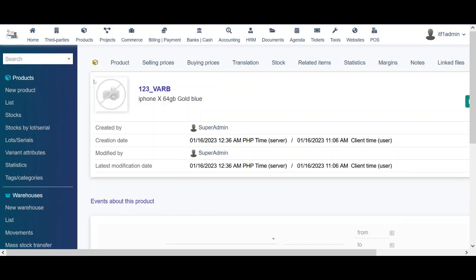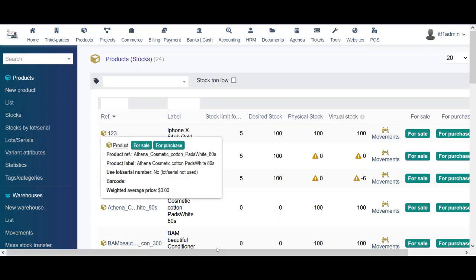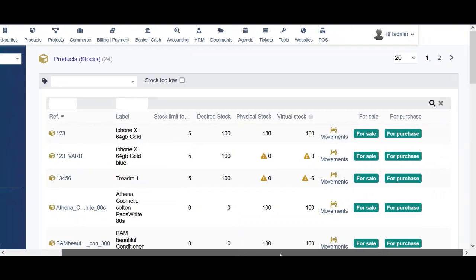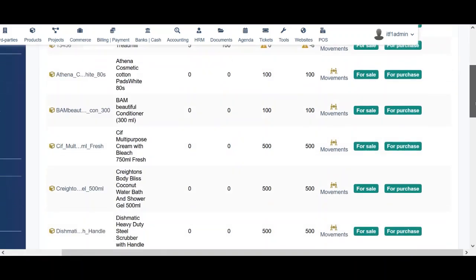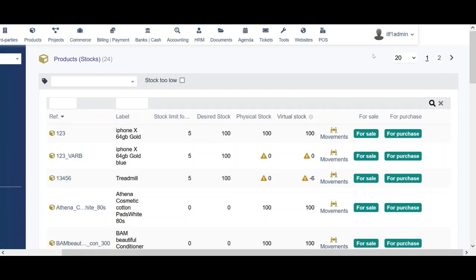Next is, as we have already seen the product, you will see the stocks over here. You can see product stocks, reference, label, stock limit, desired stock, physical stock, virtual stock, movements, whether it's being moved from one warehouse to another, or from the vendor to the store warehouse, or from the store warehouse to the customer. You can see all the movements over here. You can add movements, you can create movements,